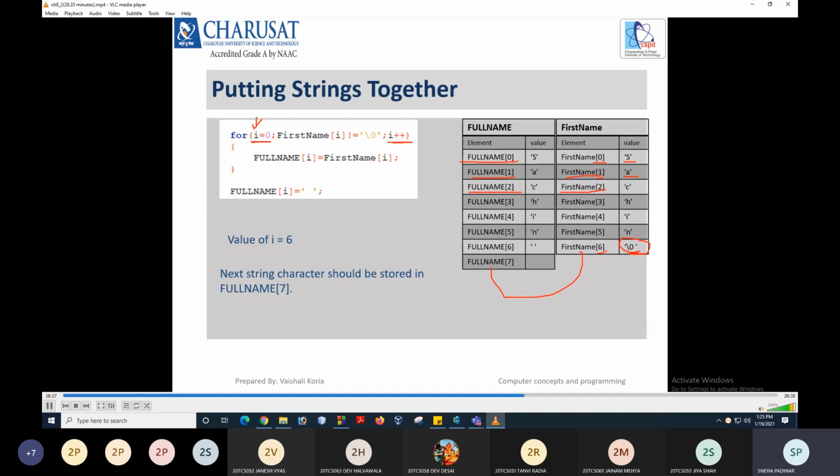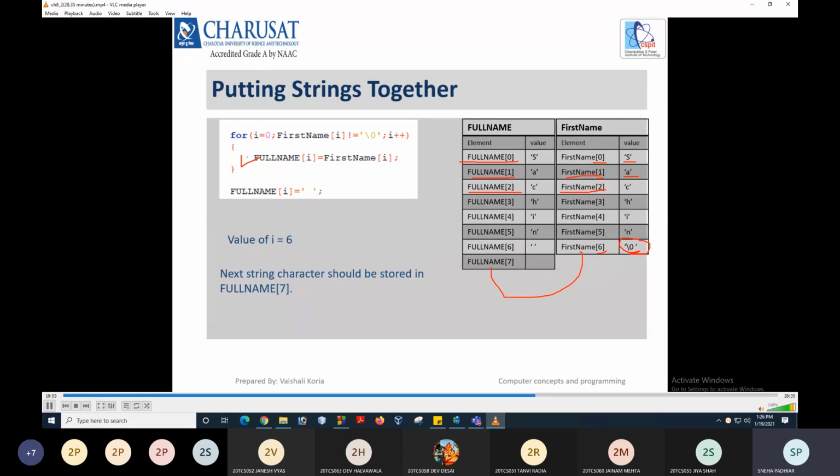When we encounter the null in the first name string, we have to stop the for loop. So if first name of i is not equal to null, then we have to execute this statement. But when it is equal to null, we have to stop the execution of the for loop. So this would be our condition.